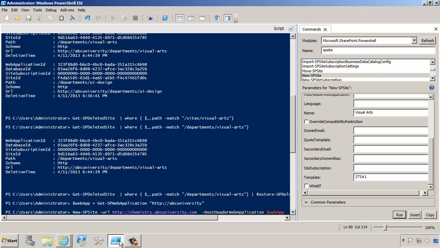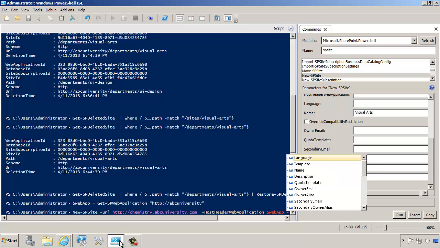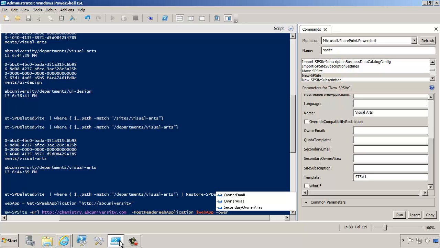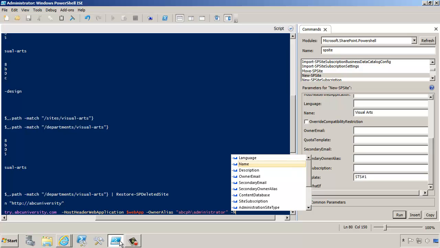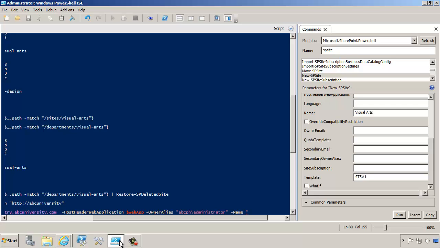And then just like for the regular site collection, we do need an owner alias. So let's select ABCPH administrator, and let's also select the name. So there's our name, and that's going to be chemistry,